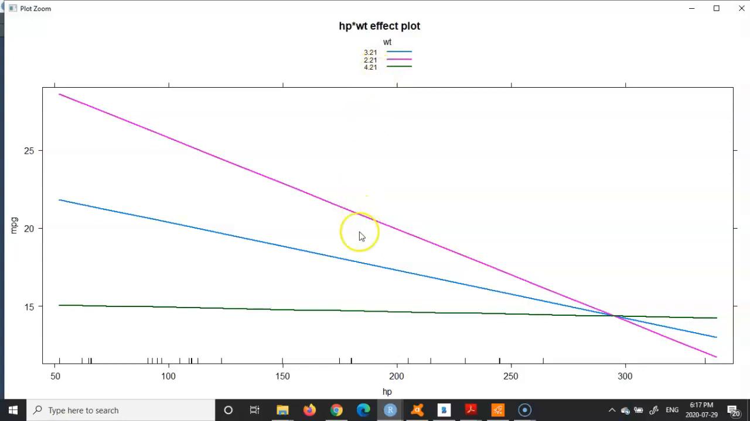Then we see by this analysis that if the horsepower increases when the weight is either 3.21 or 2.21, the blue and the pink lines, the mileage per gallon has a slope that decreases, as you can see. However, when the weight is 4.21, as the horsepower increases, as you walk on the x-axis towards the right, you see that the mileage per gallon is almost a horizontal line, which shows that the slope is going to be 0,